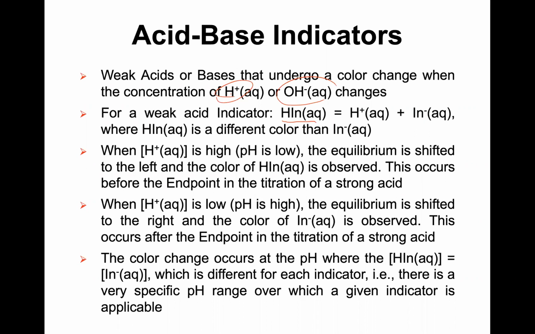Here we will not use an equals sign, but the equilibrium symbol, which means it only dissociates partially. So you have both the acid form and the conjugate form. Because one has an ionic state with a negative charge and the other is neutral, those two will show a dramatic contrast